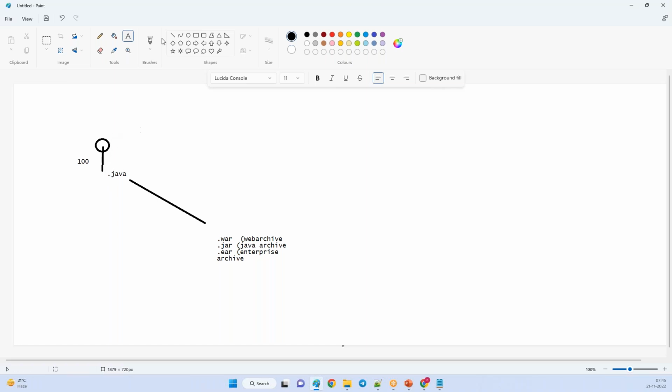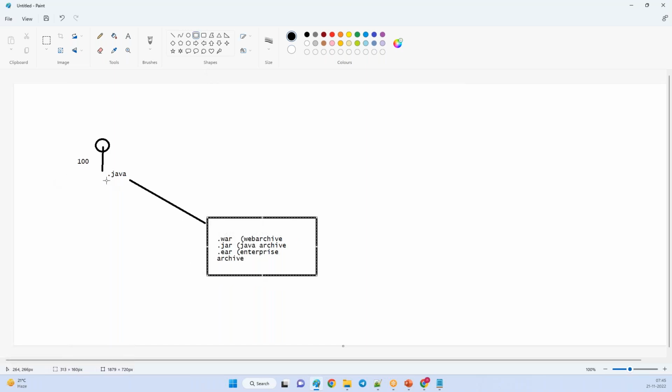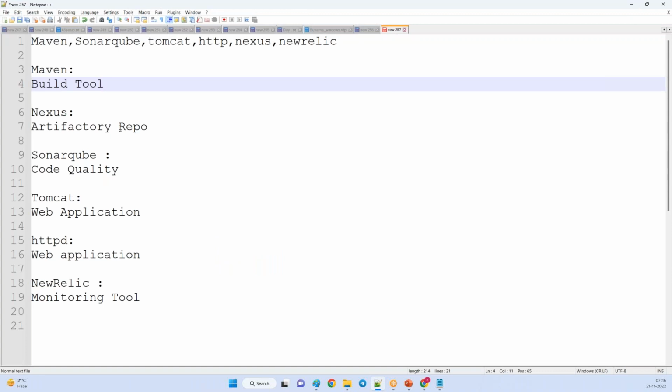We cannot access the application with .java files; you should convert them into war, jar or ear. As a DevOps engineer, you have to take this code, copy it to the application server, and convert the .java files into .war files.